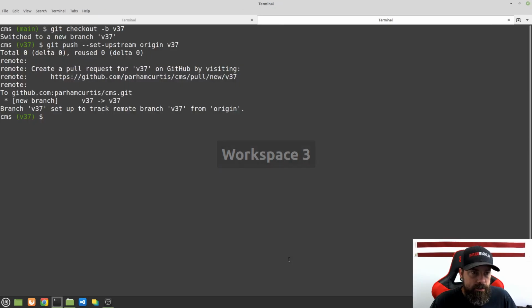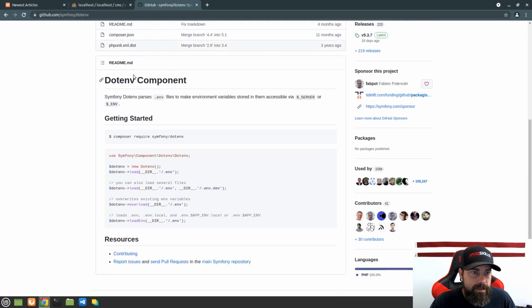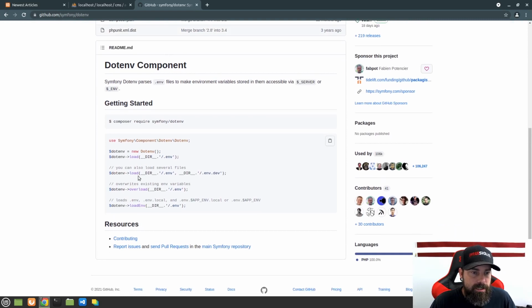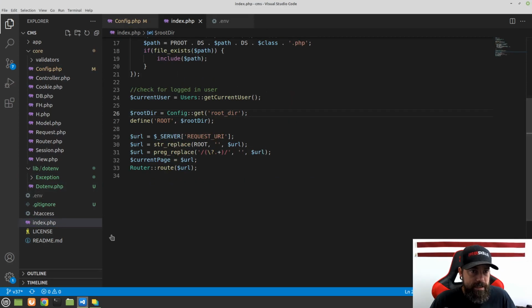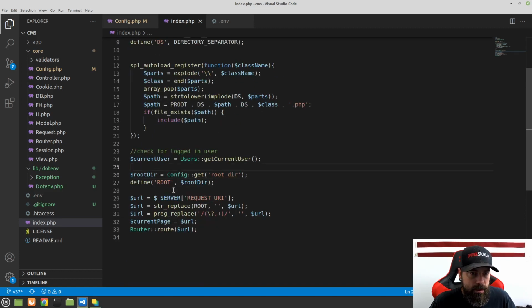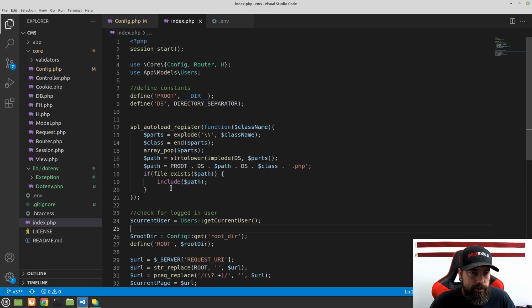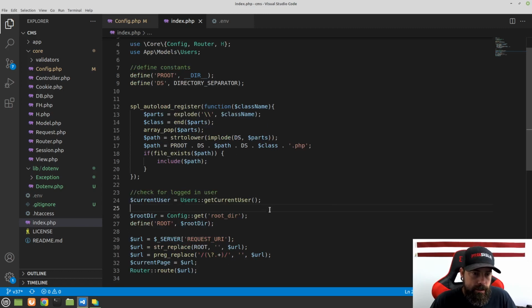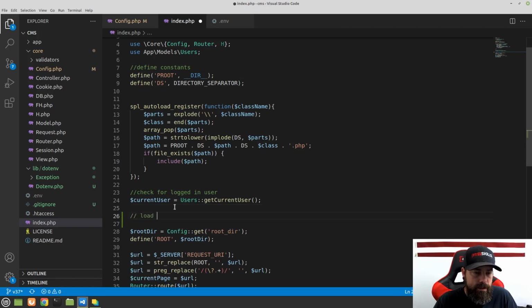Okay, so now what we're going to do is load this .env.php into our project. And if you look in the GitHub in the README file, they have some instructions here on how to do this, and there's a few different ways to load it. But what we're going to do is just manually require this .env.php file in. So open up the index.php, and we're going to do this after our autoloader runs, and we're going to go right here. Yeah, we're going to go right here, I think, right above this root directory where we're defining that. And we're going to put a comment here, and we'll say load .env